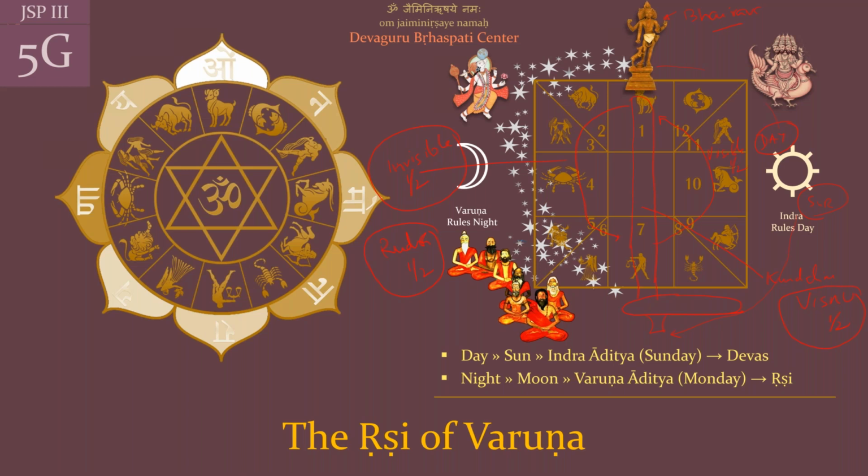In the natural zodiac, Leo is associated with the sun and Cancer is associated with the moon. The sun is always direct. So from Leo to Capricorn we say is the day half. And then from Aquarius to Cancer is the moon half. So the moon half is from Aquarius to Cancer and the sun half is from Leo to Capricorn.